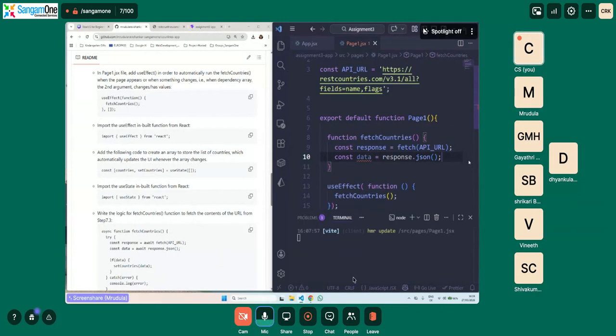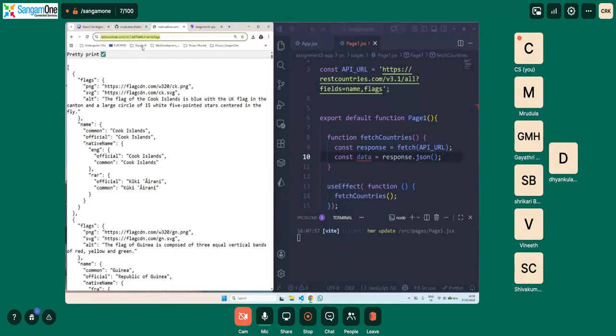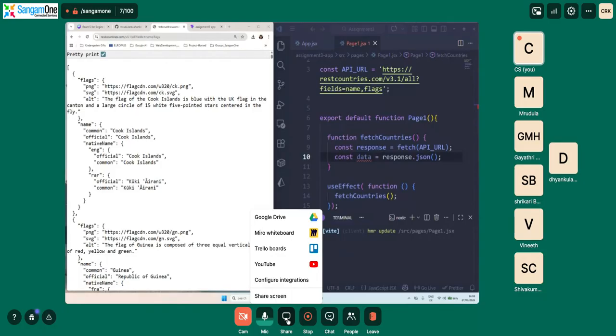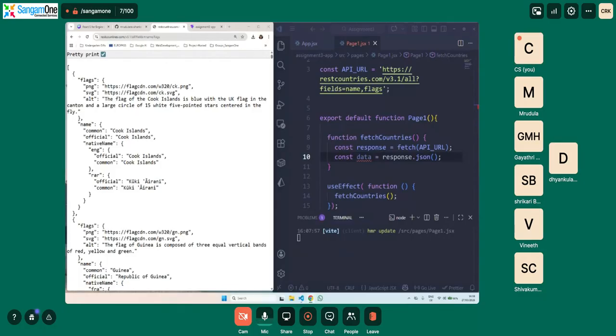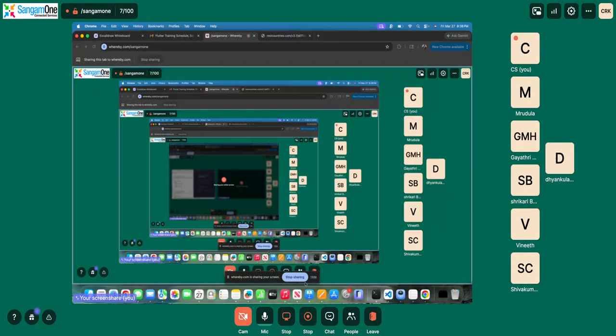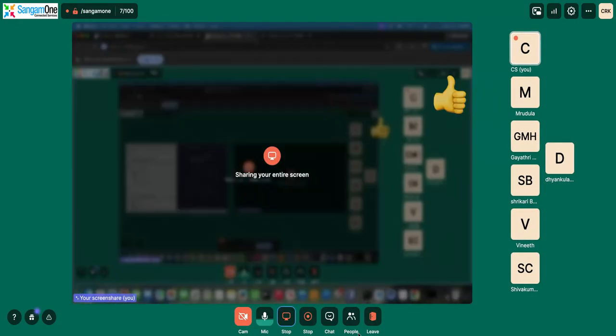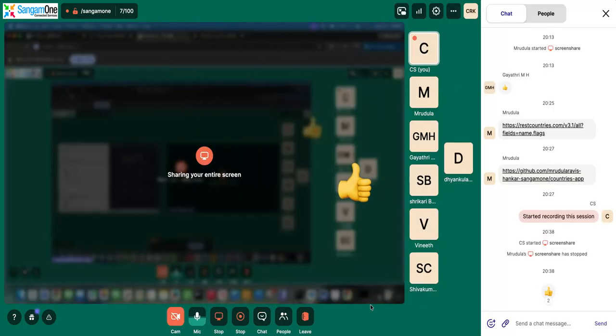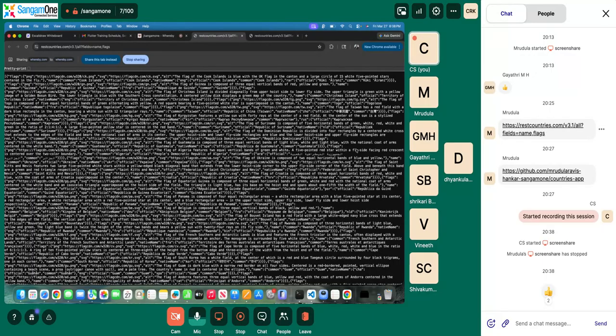One second, Mridula. If you don't mind, the link which you sent on chat, can you just click that? I want to see that on the browser. Can you just stop sharing for a minute? I will share. What I saw on Mridula's machine was a little more structured, but see how I am getting it in my machine.